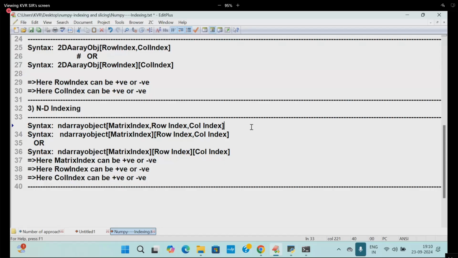If I go further, cluster IDs will also be there: cluster ID, matrix ID, row ID, column ID.